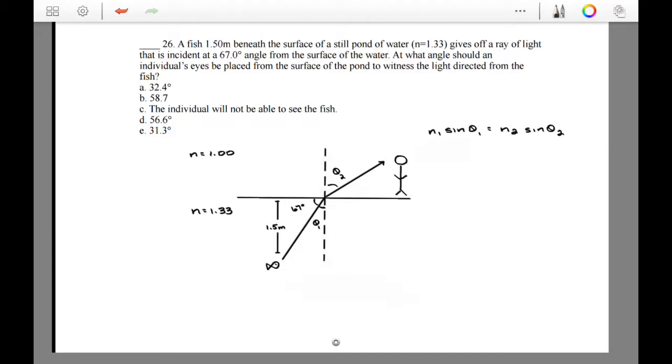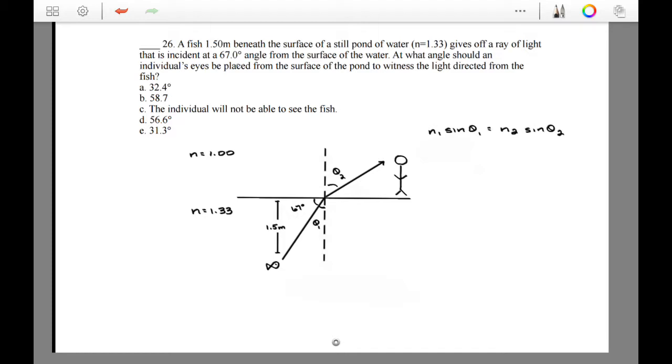Question 26 reads, a fish 1.5 meters beneath the surface of a still pond of water gives off a ray of light that is incident at a 67-degree angle from the surface of the water. At what angle should the individual's eyes be placed from the surface of the pond to witness the light directed from the fish? So what I want you to know from this question first is that the 67-degree angle